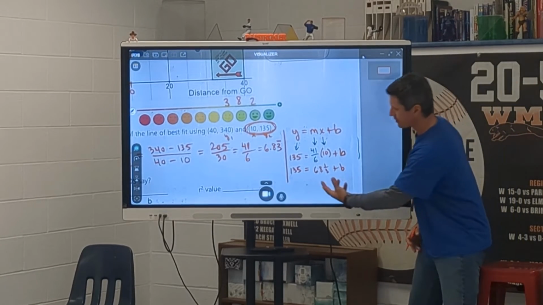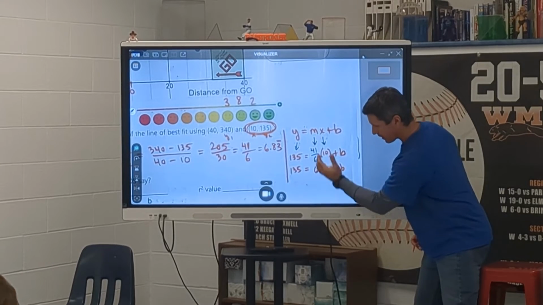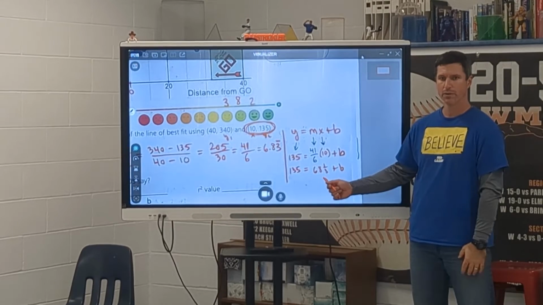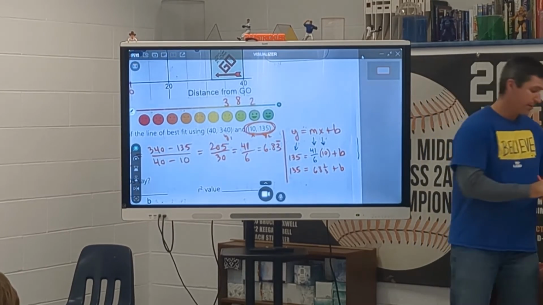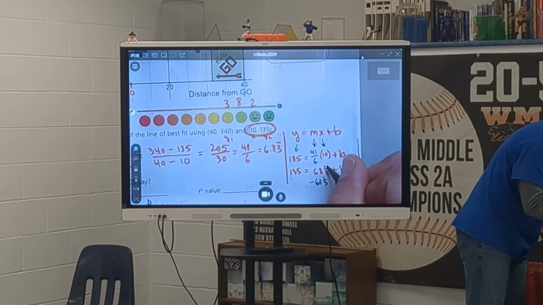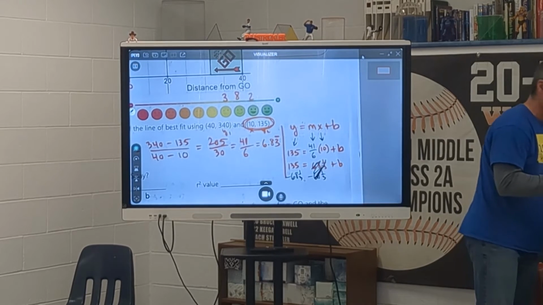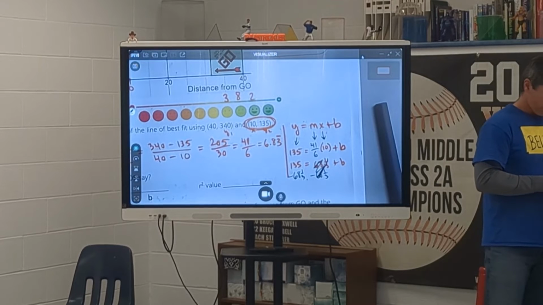Placement is king right here. You need to place these things in their spots. You did this, this is here. There's your equal sign. There's your 135. Line everything up. What are you gonna do with this number? Subtract 68 and 1 third. Thank you. Subtract it from both sides. Okay. So minus 68 and a third from itself, it cancels. See you later. Subtract 68 and a third from 135, and we have what we think the y-intercept is. Okay. 135